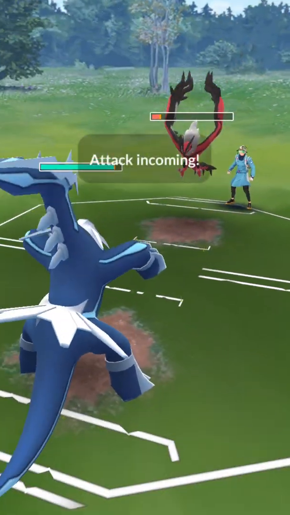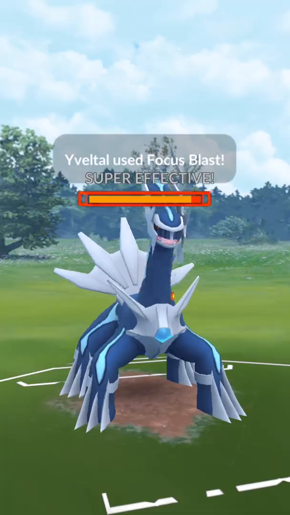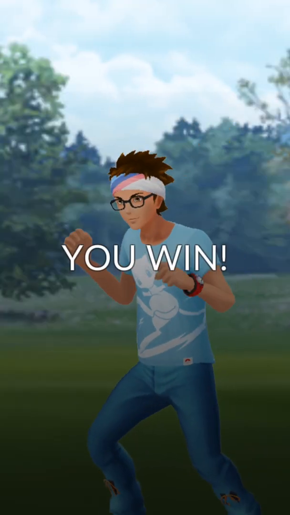So here we go ahead and switch, thinking that it was going to use like a Dark move to finish off, but then we bring in Dialga, so I just thought, crap, they're going to use Focus Blast, and they do. So, but we finish off with Zekrom and win by